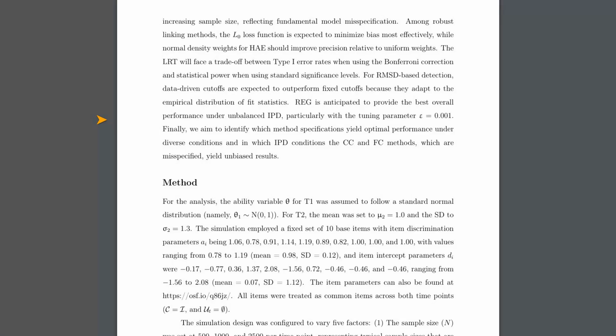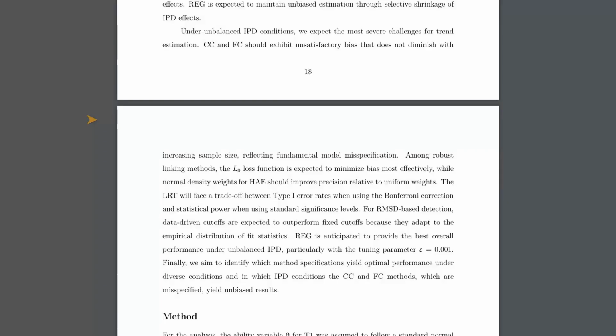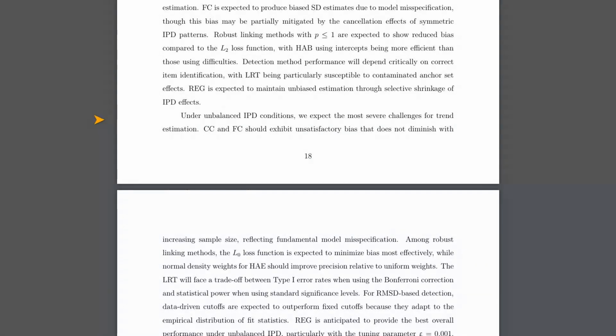They did some deeper dives too. For the RMSD detection method, they found that the thresholds or cutoffs used to decide if an item has drift really mattered. Stricter cutoffs seem to work better, especially under unbalanced IPD, but sometimes these stricter cutoffs could lead to less efficiency, meaning they sacrifice some accuracy for robustness. Data-driven cutoffs, which adapt the threshold based on the actual data, showed promise, but still struggled with very large amounts